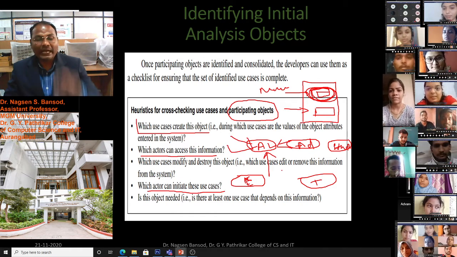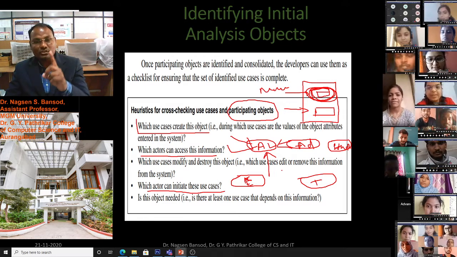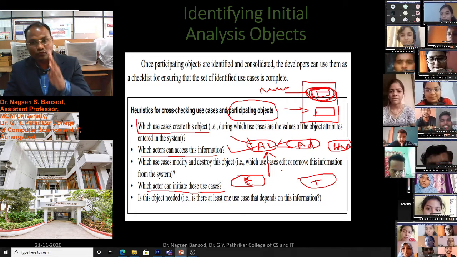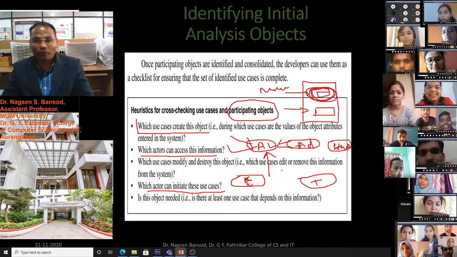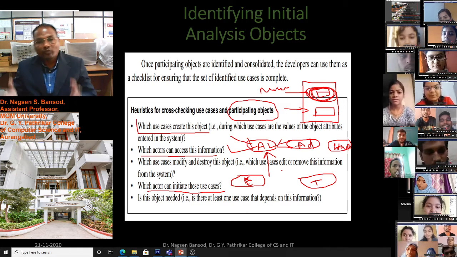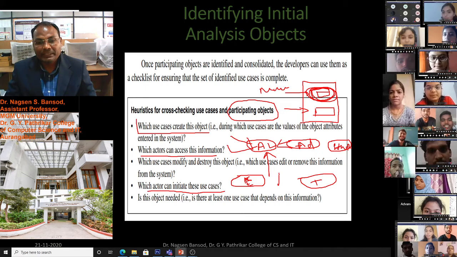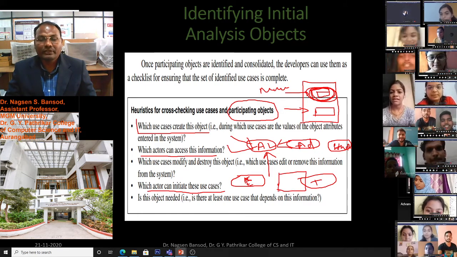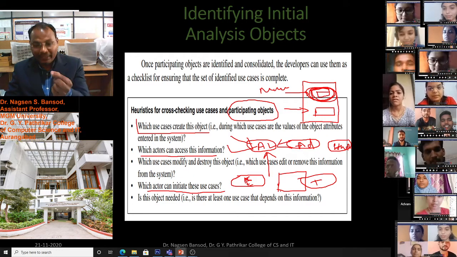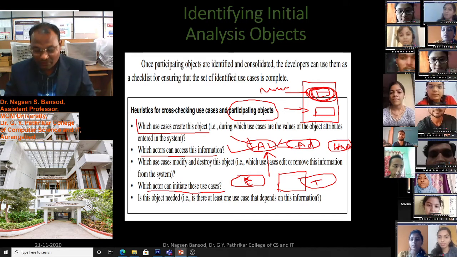We have to find that at least one use case should depend on the object which we are finding, which we will create in our software. Suppose we don't require a printout, but we have created the printer object, then that will be meaningless. At least one user should require the print, and only then can we create that object in our software.